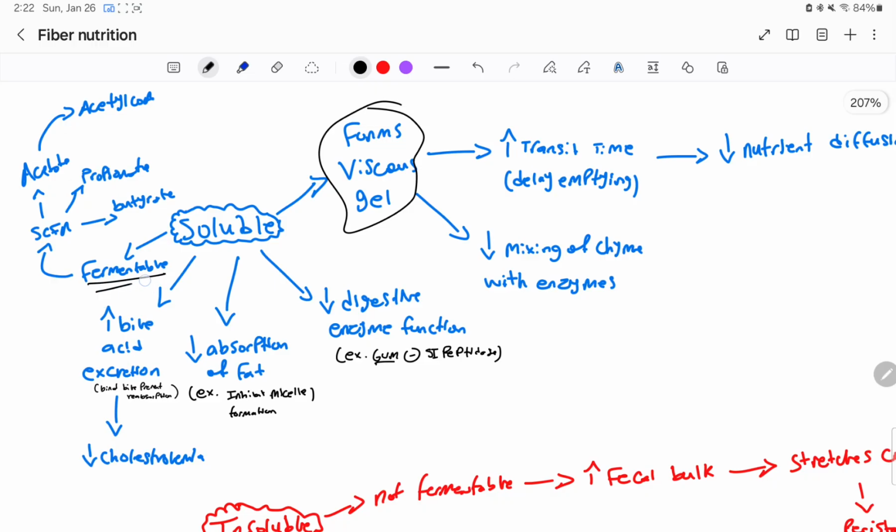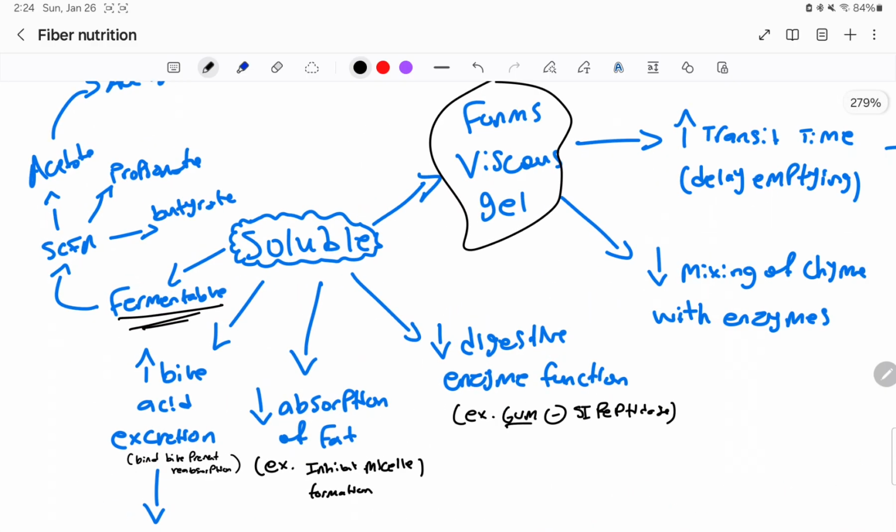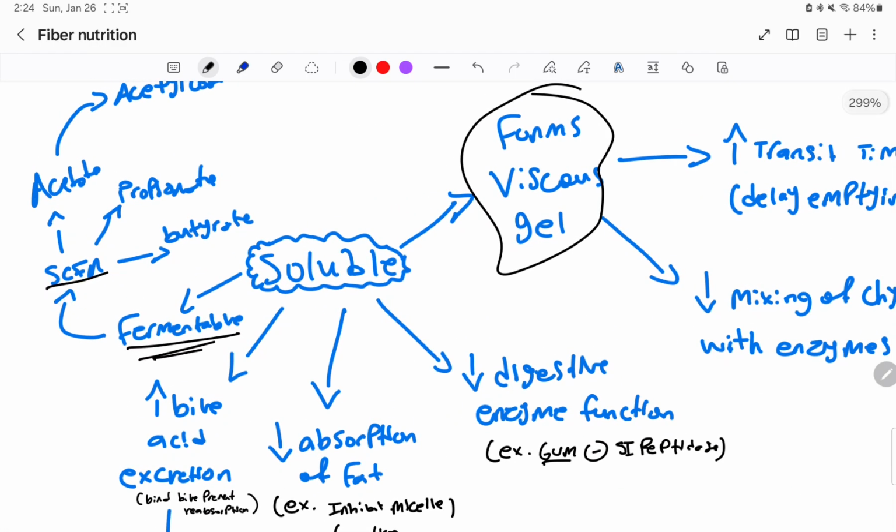This other main thing that I really want you to remember is that soluble fibers are fermentable. What does that mean? What does it mean to be fermentable? Well, fermentation is basically just a large process, fairly complicated actually, that bacteria use to process these non-digestible carbohydrates into short-chain fatty acids. They do this in many ways, and it's very complex. I'm not going to go into it, but they're going to make these short-chain fatty acids, which include acetate, propionate,